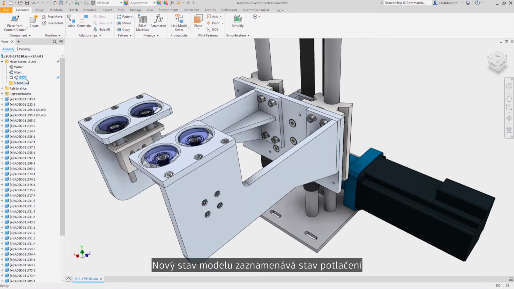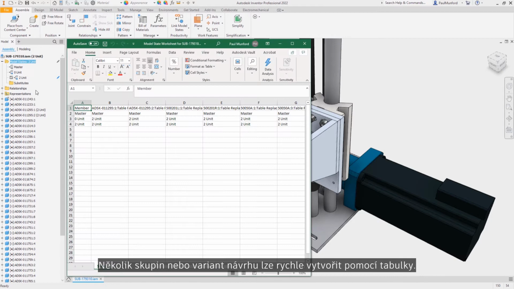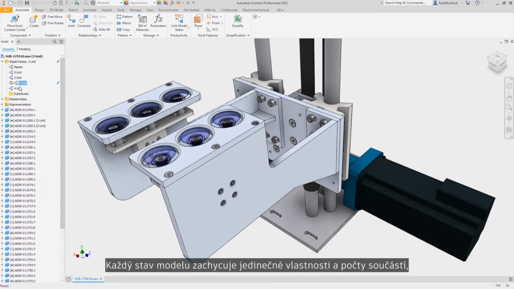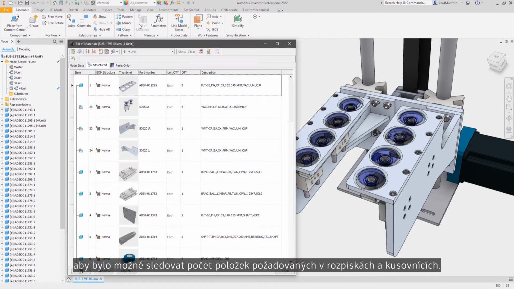The new model state records the suppression state of components and remembers the model state settings of subcomponents. Multiple families or variations of a design can quickly be created using a spreadsheet. Each model state captures unique part properties and quantities to track the number of items required in your bill of